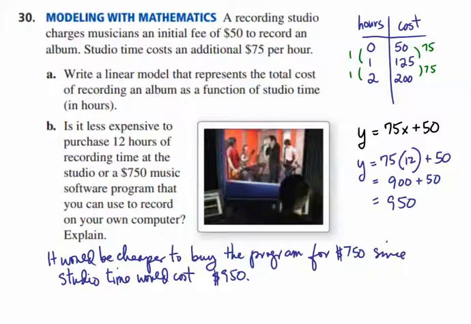This is a similar problem to one we worked with before, only here it's open-ended. It's a model. It will tell us how much it will cost for any number of hours, and we're going to plug in the number of hours, that is the value of x, and we're going to get back from this model how much it would cost us to record for that number of hours. All right, we'll go on to the final example in this section,